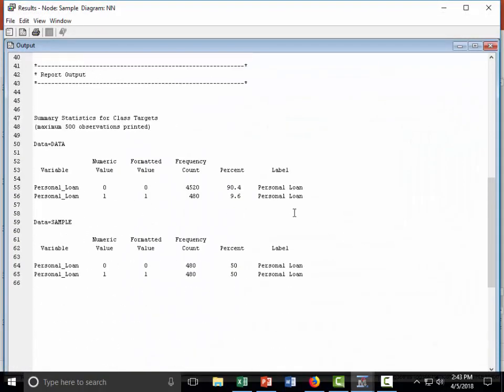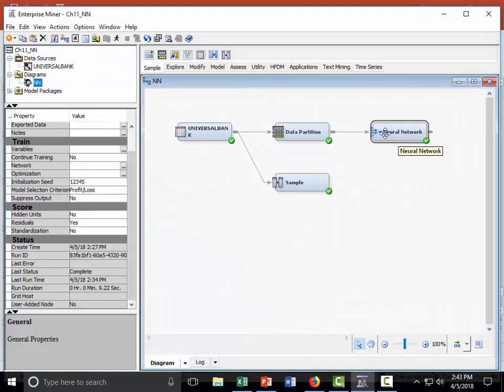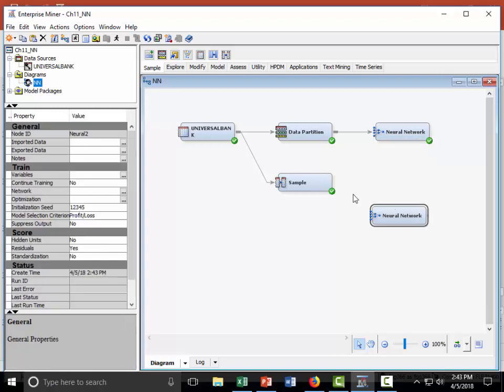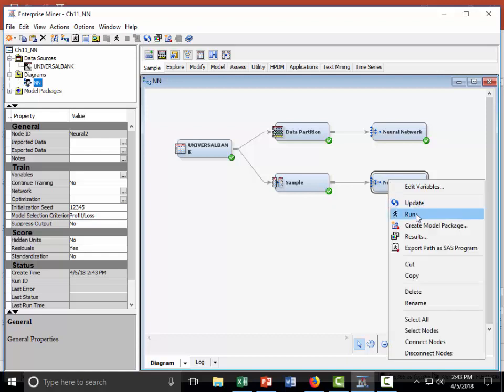the results. So here we started with 5,000 records, with 4520 zeros and 480 ones, and the sample has taken all of the 480 ones and then an equal number of zeros, so you have oversampled the ones. All right, so let's copy and paste and use that one. Okay, so now if you run this,